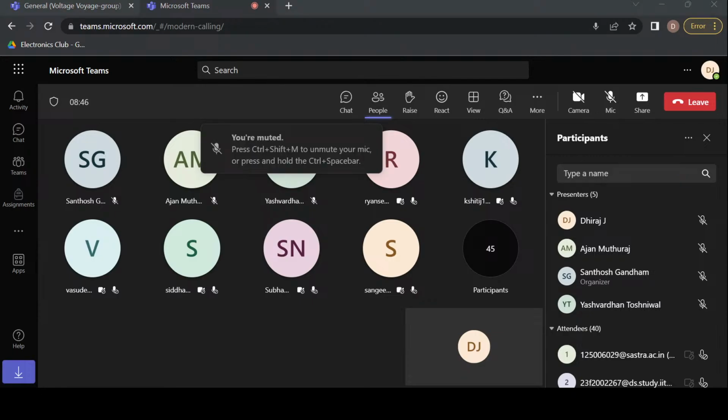Which is 1010 into its decimal equivalent. The first position from the right gets the value 2 raised to power 0. As you can see, 2 raised to power 0, 2 raised to power 1, 2 raised to power 2. So the first position gets the value of 2 raised to power 0. So while converting